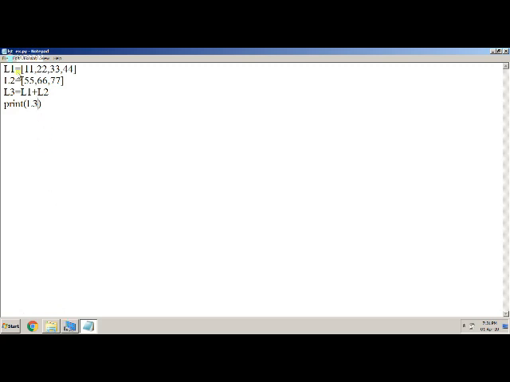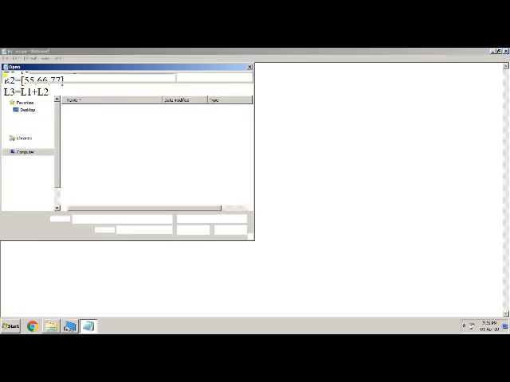So I declared L1 as 11, 22, 33, 44, and L2 is 55, 66 and 77. L3 is L1 plus L2. I am concatenating them using the plus operator, and I print the value of L3. So to save the program,